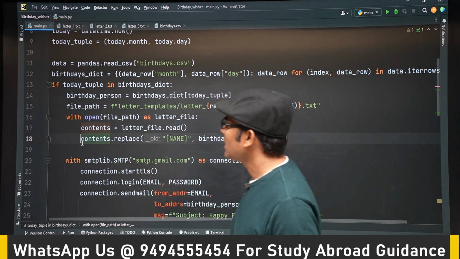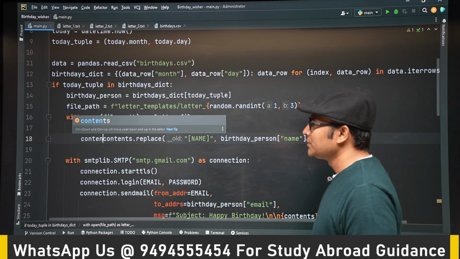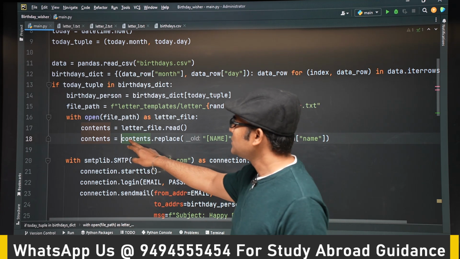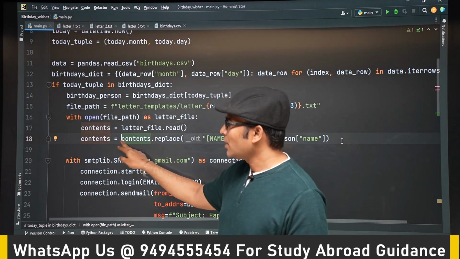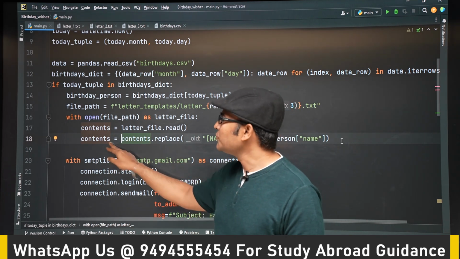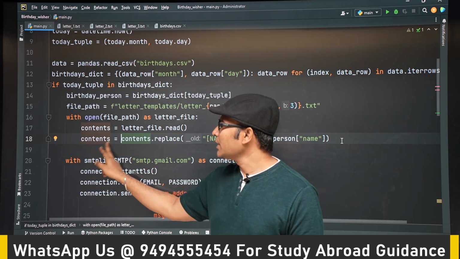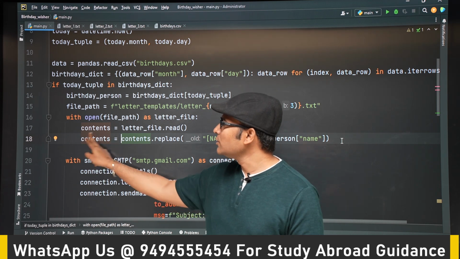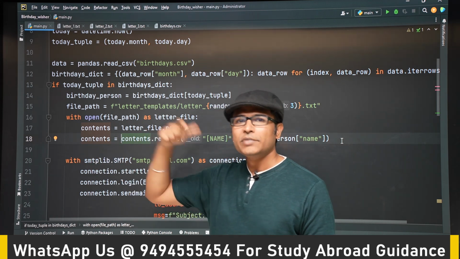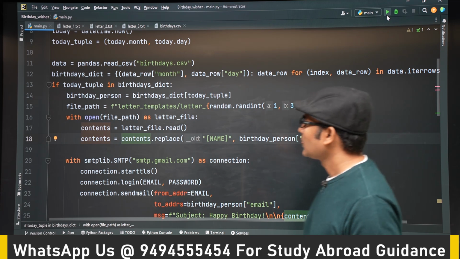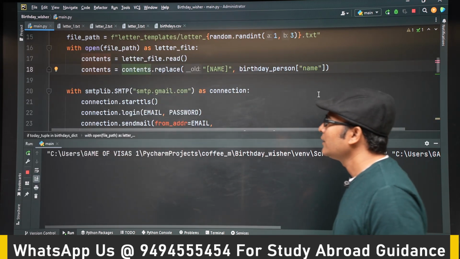Therefore, I am going to write contents equal to contents dot replace. For understanding, the original string is not getting replaced. It is returning a string which is replaced. So for that, I am going to catch it in contents. Now the original contents will be replaced by the replaced string. Okay. Now, if I run it again,